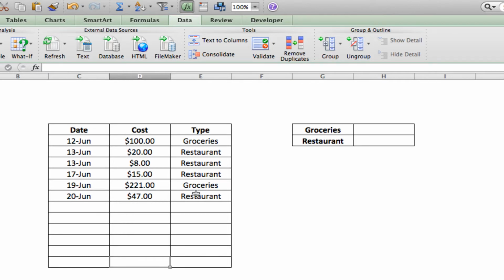So in our example, we have a chart that lists all food-related expenses, and we want to be totaling them based on whether they are for groceries or are being spent at a restaurant. The SUMIF function will allow us to total numbers from the cost column based on the corresponding cell in the